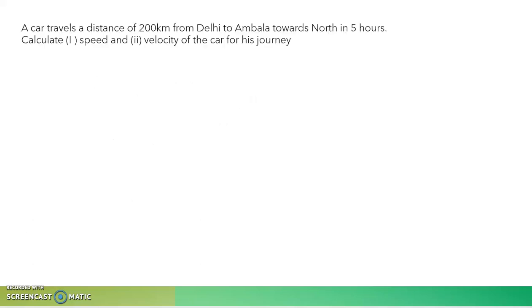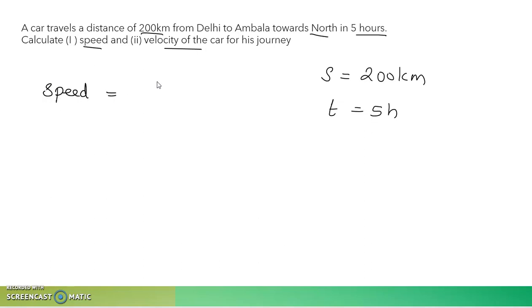Okay. Now, let's solve a question. A car travels a distance of 200 kilometers from Delhi to Ambala towards north in 5 hours. Calculate the speed and velocity of the car for this journey. So, displacement is given as 200 kilometers and time taken is given as 5 hours. So, what is the speed? Speed is distance traveled by time, that is 200 divided by 5, that will be equal to 40 kilometer per